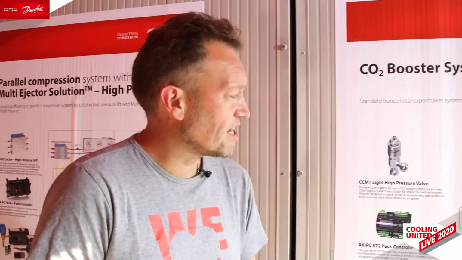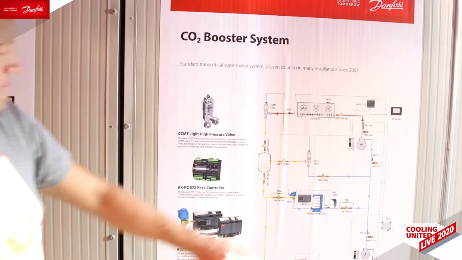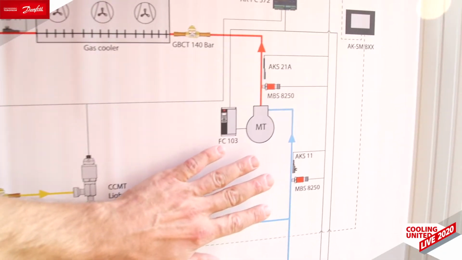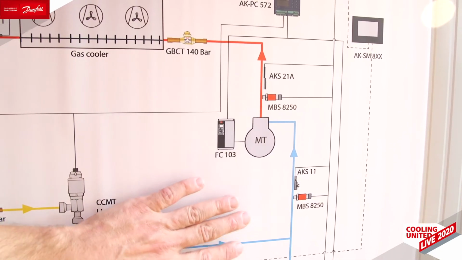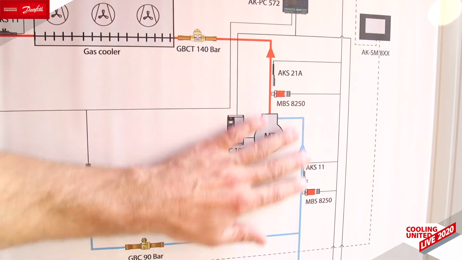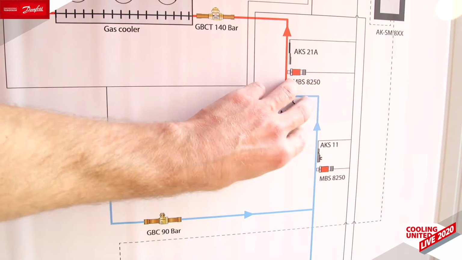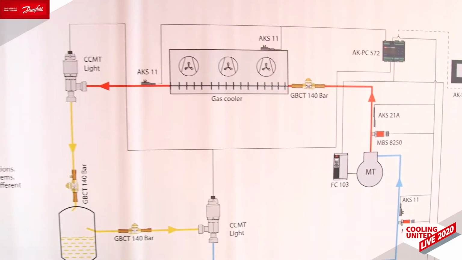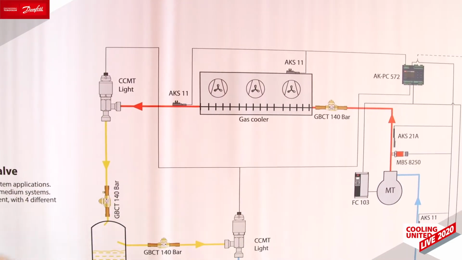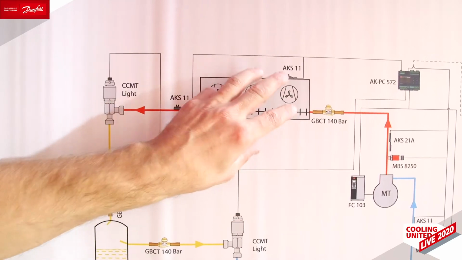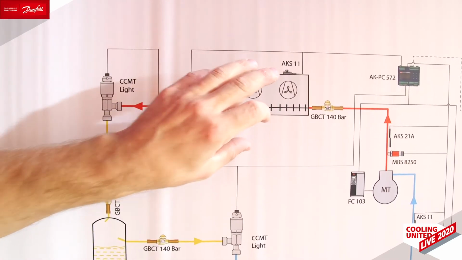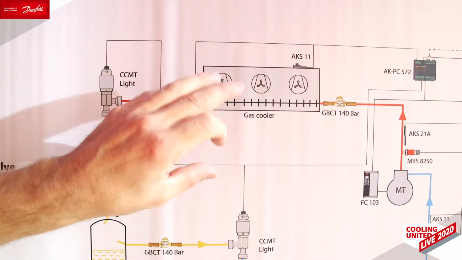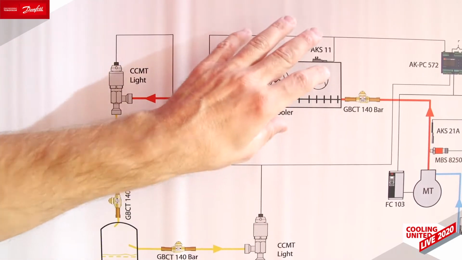So if we look at the application drawing here on the poster next to me, then we have the refrigeration system here going this way around. And if we start on this side, then we have the medium temperature compressors here with the suction line from the MT and LT cabinets. The MT compressor does the work and lifts the gas to a level which is up above 100 bar, maybe up to 120 bar, which means that we can, with a good temperature and pressure control in the gas cooler, control the refrigerant at the optimal point and achieve the highest efficiency of the CO2 refrigeration system.